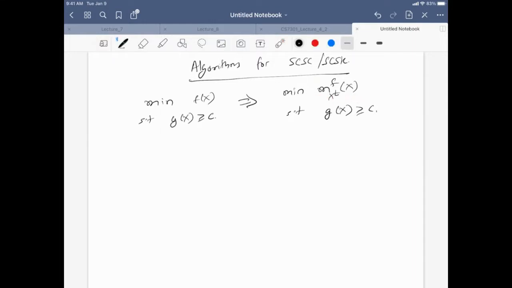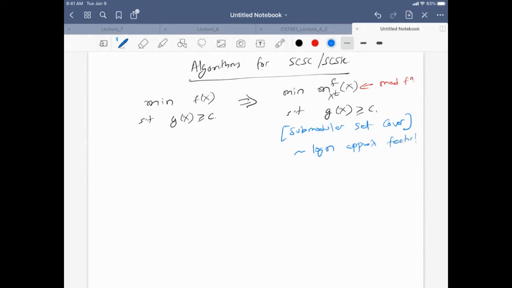This is a modular function now. So we are minimizing a modular function subject to a submodular cover constraint. So this problem is nothing but a submodular set cover problem. And if you recall, we showed that we can achieve roughly a log of n approximation factor for this,